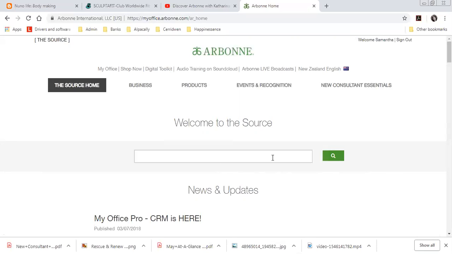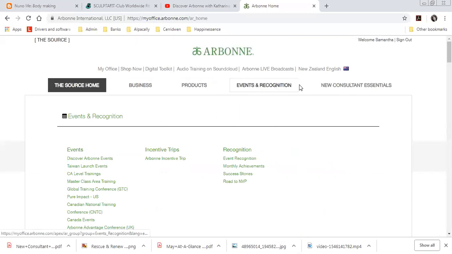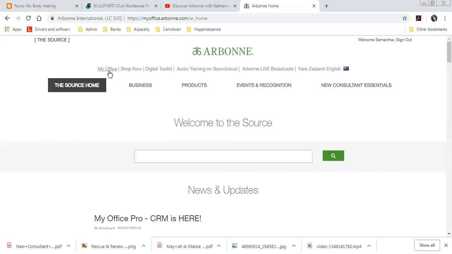Now, when you're on the source, it's super easy to use because everything is separated into tabs. Here at the Home tab, we can see that there are some news and updates, archives, customer service and support, and also information about the Arbonne Charitable Foundation. There are 4 more tabs here, and above that, some quick links to take us back to My Office, to go shopping, or to look at some other items, the digital toolkit, for example, that we will be looking at